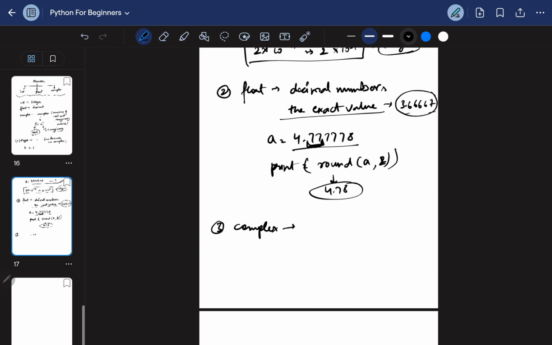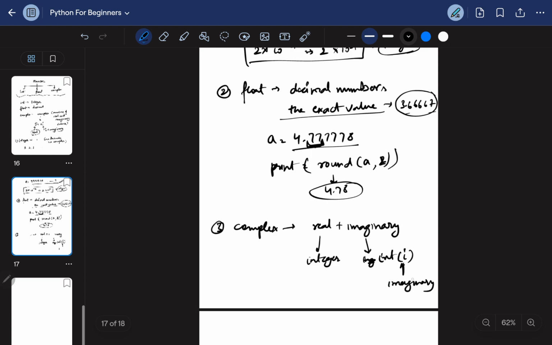So the complex number, as I said, is a combination of a real plus an imaginary part, where real is an integer and imaginary is, just for a brief explanation, an integer combined with an imaginary notation. So this i is an imaginary notation, just a symbol to determine that it is an imaginary part. Okay,